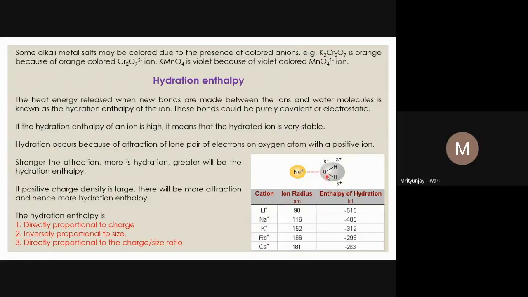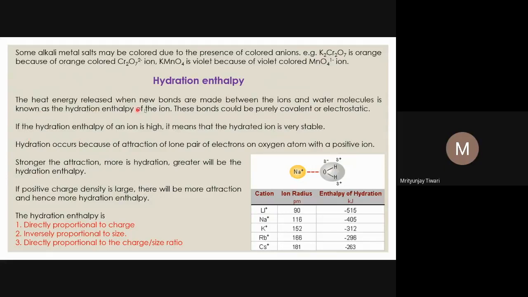So usually six water molecules surround one Na plus ion in the first hydration cell, and then in the second hydration cell, 12 water molecules come and surround the first hydration cell. This is how it goes. Because of that, certain energy is released because of these attractive interactions. Whenever there are attractive interactions, energy is always released, and so the ion gets certain stability. That energy is released in the form of heat, and we call it the hydration energy.